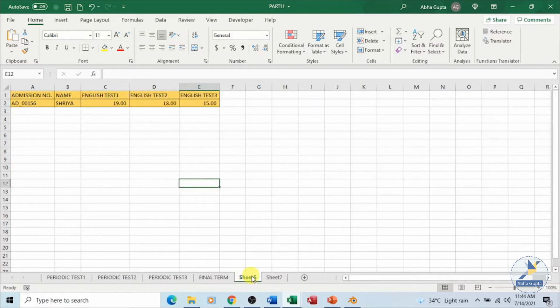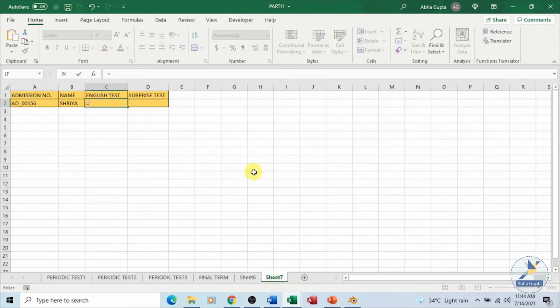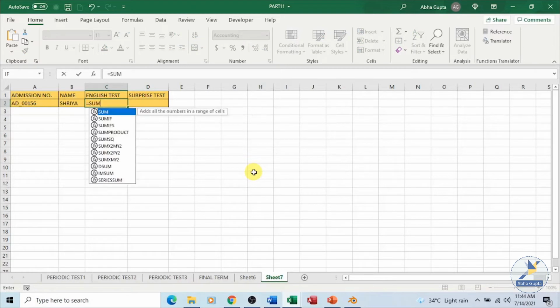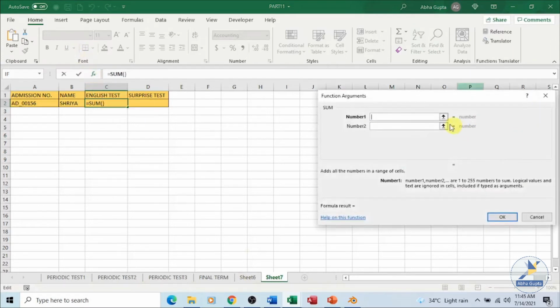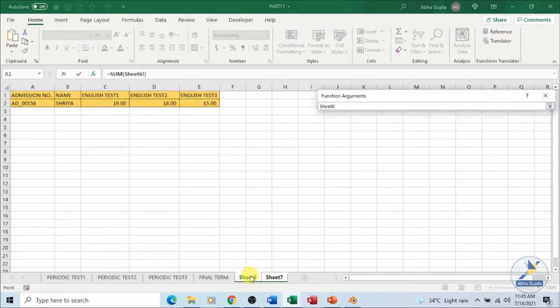So the data is on sheet 6. We are trying to do the calculation over here in this cell, equals to sum. Now you can make use of any built-in formulas, and the reference structure will be the same: sheet name followed by the cell or the range. They are separated with an exclamation mark, and the sheet name is enclosed within single quotes. So either I can click on the sheet, you make use of the function, or you can type in manually over here, sheet number 1 on sheet 6.